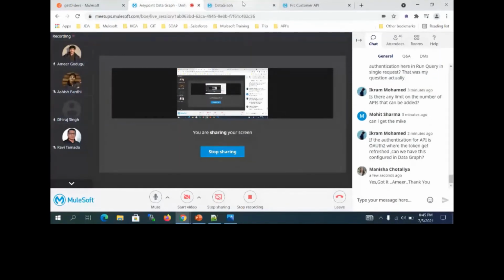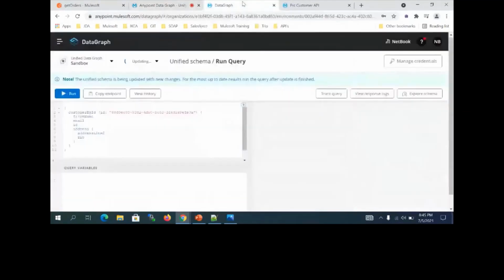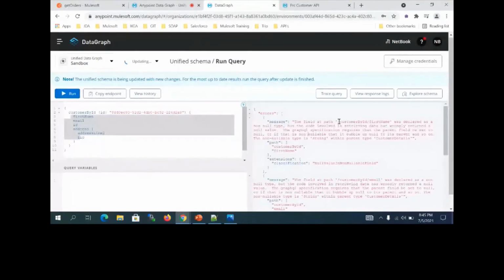Amir, I had a question. Suppose you pass the wrong key, do we get an error? Yes, we will get an error. I will show that. Okay, I'm passing this wrong ID over here, but I'm trying to access these elements. If I run this query, you can see that the field firstName was declared as a not null type, but the code involved received wrongly returned data values.